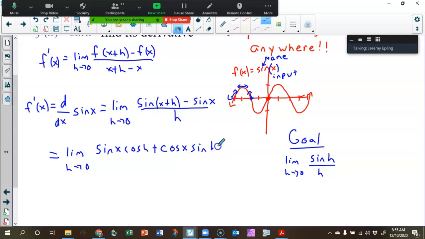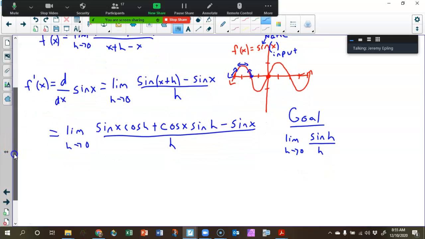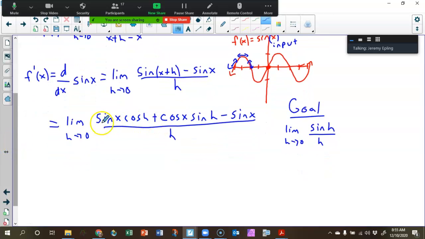Now, that doesn't allow me to just cancel everything out. In fact, I don't have anything that cancels out. It doesn't allow me to directly substitute, but it does allow me to do a little rewriting. I've now got this first term and this last term that have sine of x in common, and so I'm going to factor those. So the limit as h approaches 0, the sine of x